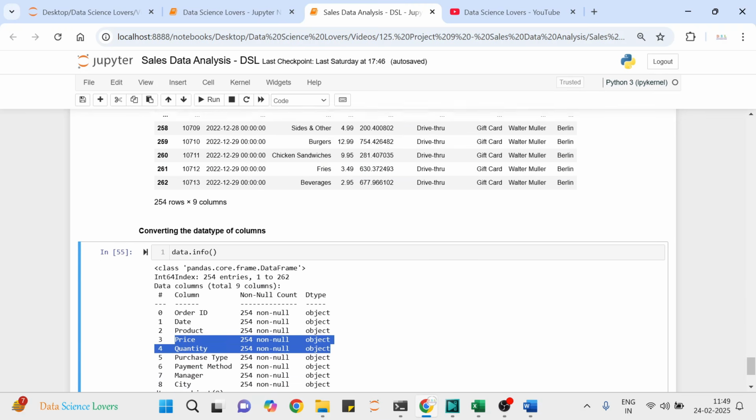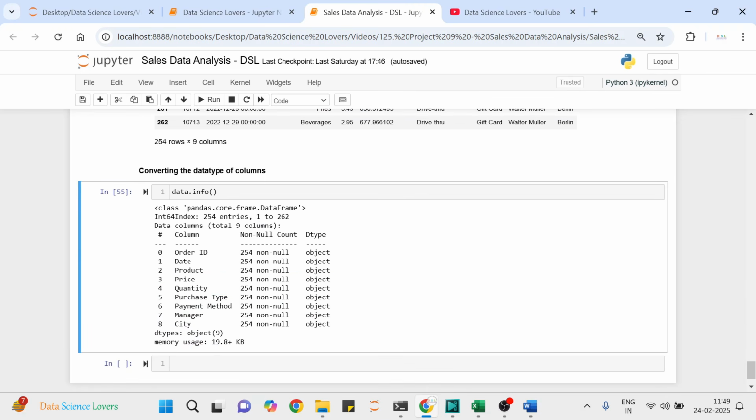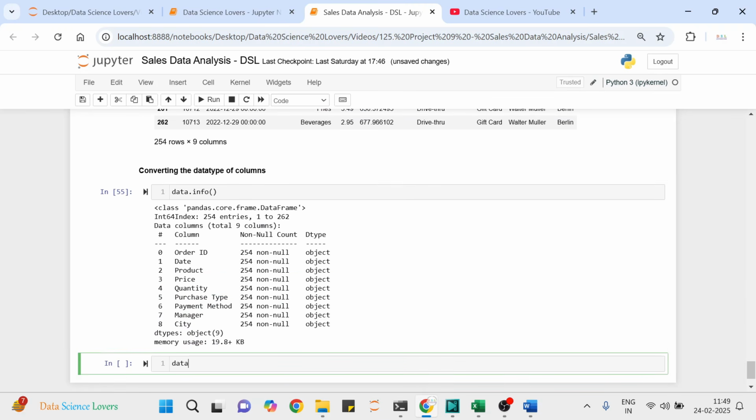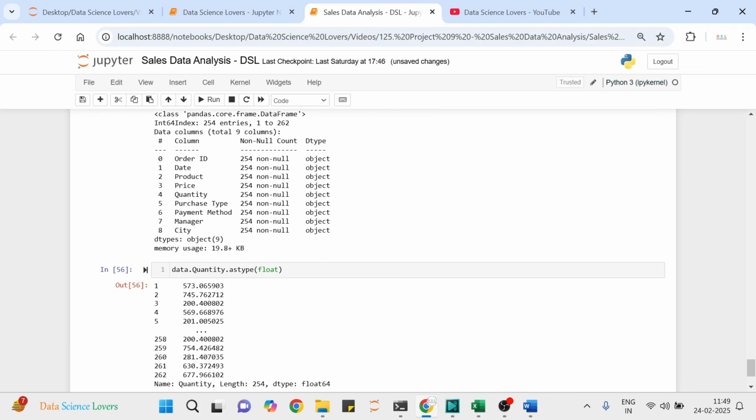First we will convert the data type of the quantity column. We will consider the quantity column, data.quantity, using the astype function on this column, and we will convert this data type into float format. So we will write float here. When we run this, it will show the result like this. And to make the changes permanent, we will